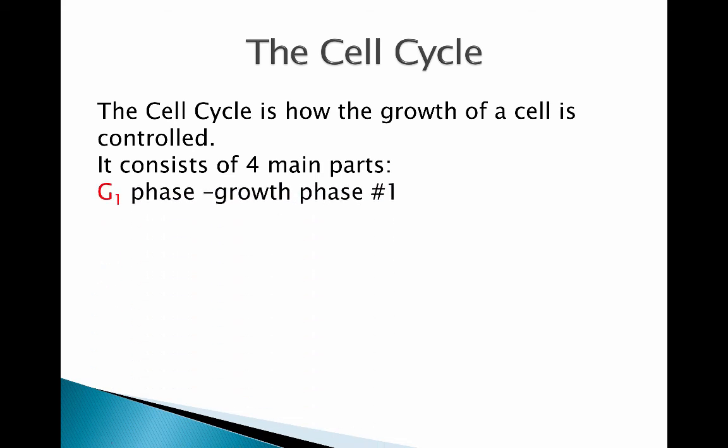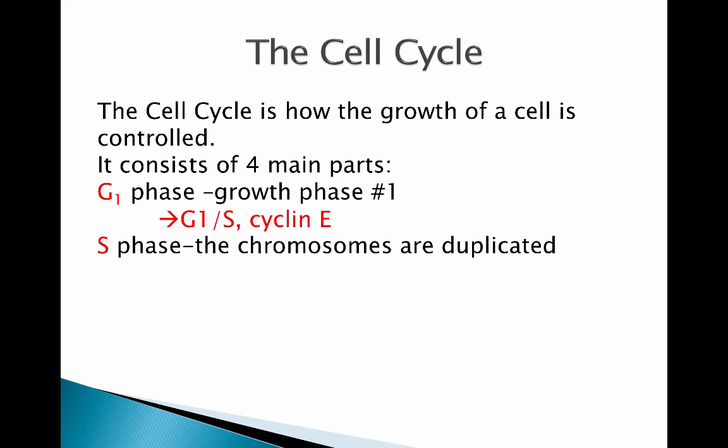G1 is growth phase number one. Now, the cell senses, oh, yes, I've got enough food, and so it commits to starting to get bigger and bigger. There's a checkpoint called the G1/S transition. It's controlled by cyclin E, and we'll talk more about cyclins in a minute. If it gets big enough and the environment sensed is such that we've got plenty of nutrients out there, the cell will then commit to S phase. Now, S phase is where DNA is made,